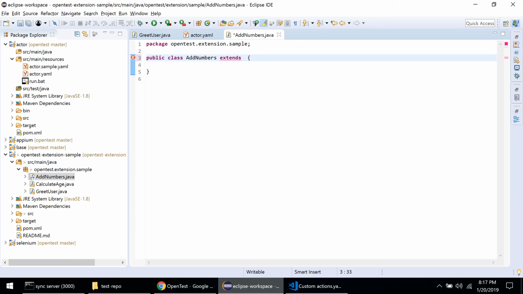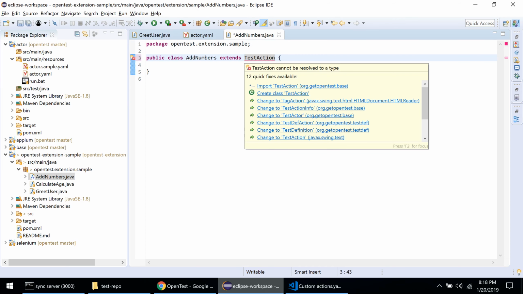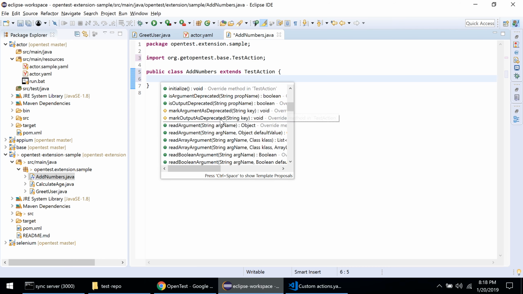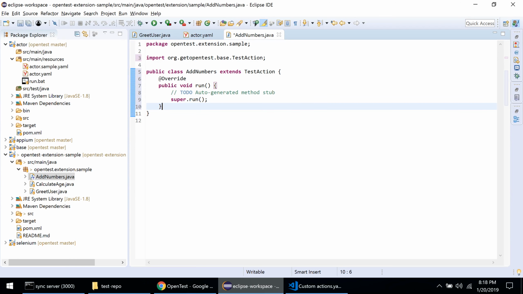So my test action class will need to inherit from the TestAction class that is found in the base project in here. So TestAction, we'll need to import the TestAction class, and to specify the work that this test action will perform, we need to override the run method in TestAction. So let's override the run method,